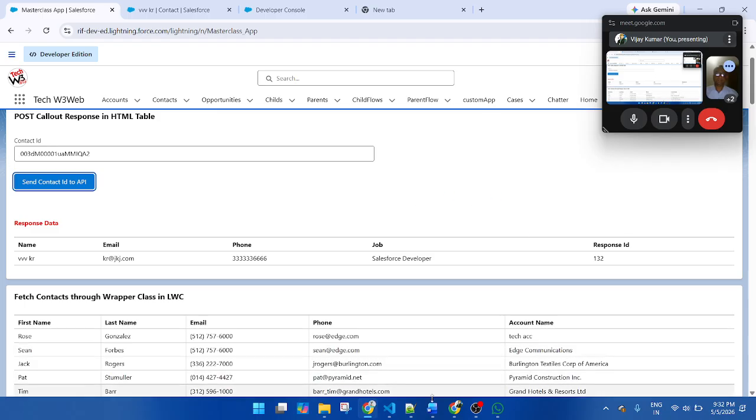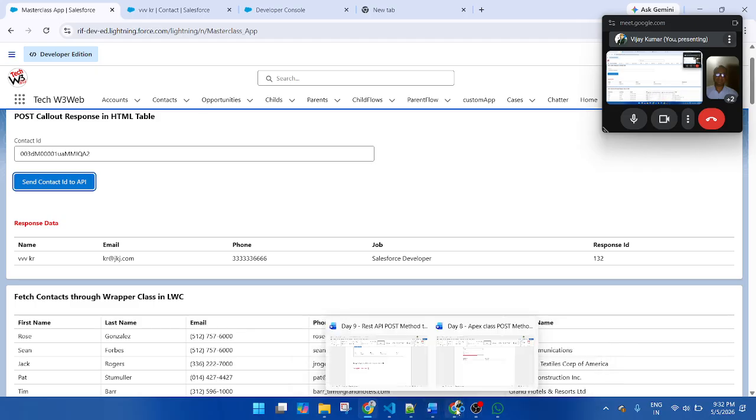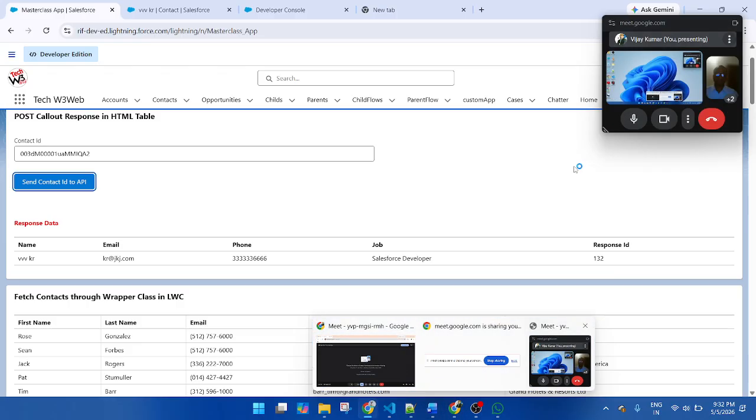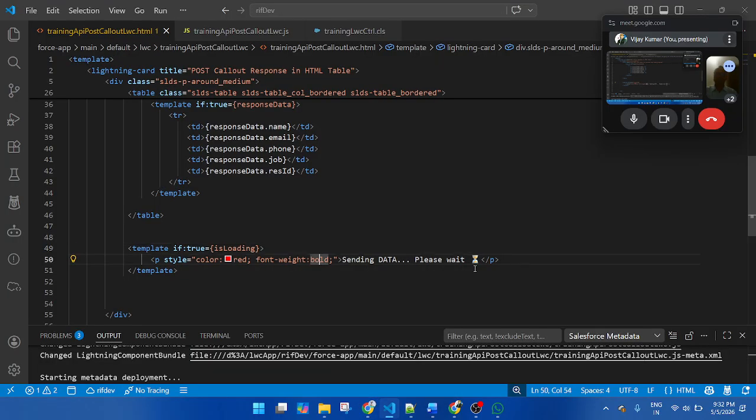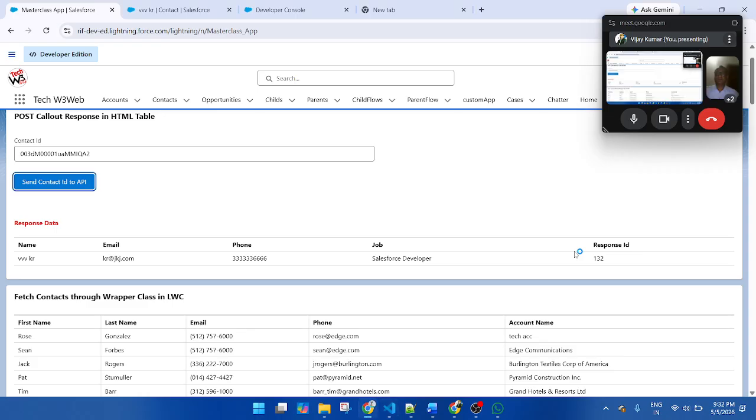Okay, Vivek and Rachna. Sir, we can also add a delay for some time, right? Delay means no delay. You need to pass the process the same. If you want to add a delay in the data, you need to use setTimeout. Right, sir. But setTimeout is not required here.